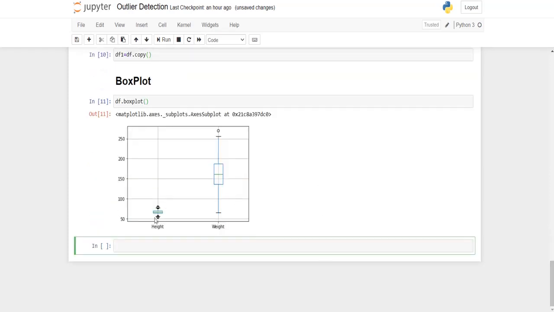So here you can find, right, the features height as well as weight have outliers. The feature weight has some values above the upper whisker end, so this is considered to be an outlier. Similarly, the height also has a few outliers below the lower whisker end and above the upper whisker end, right? So these outliers have to be removed. The first method I am going to use is